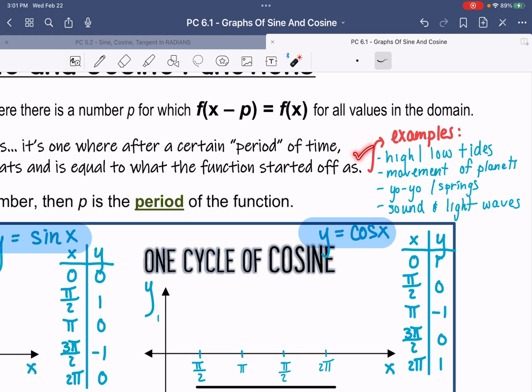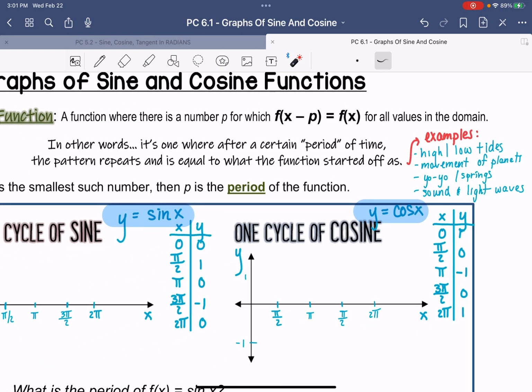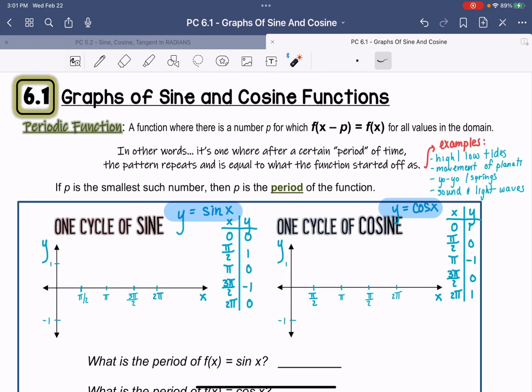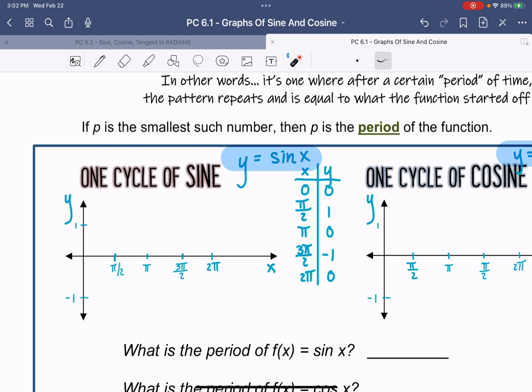Some examples are high and low tides, movements of planets, anything with springs like yo-yos, and sound and light waves. Those are just some examples of applications we'll be looking at in the coming week. So before looking at some applications, we want to be able to take the values in the unit circle, which I've already pre-written here, and graph them